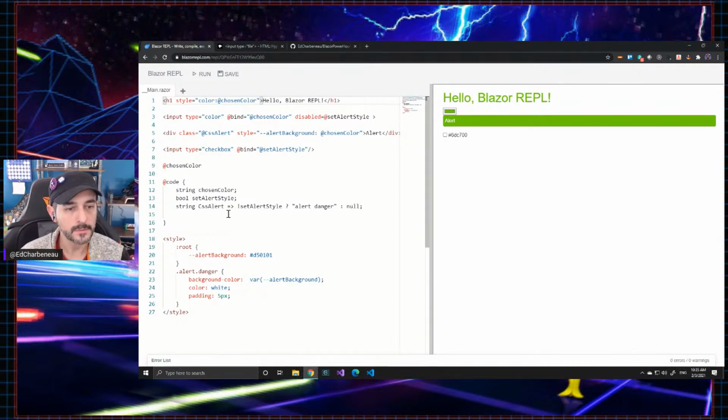So the style here isn't overriding the background color necessarily for that component as it is. It's overriding the CSS variable for this. So this is actually a little bit more handy because this can be used for other things within